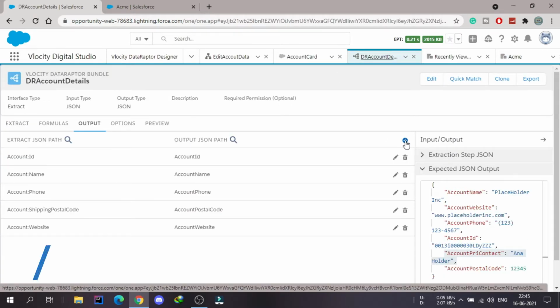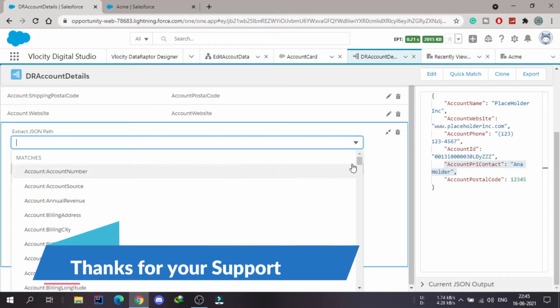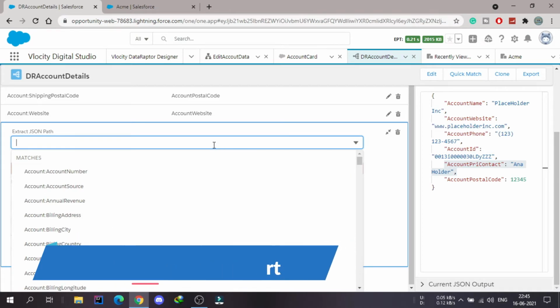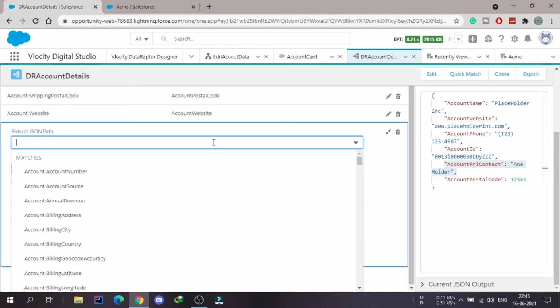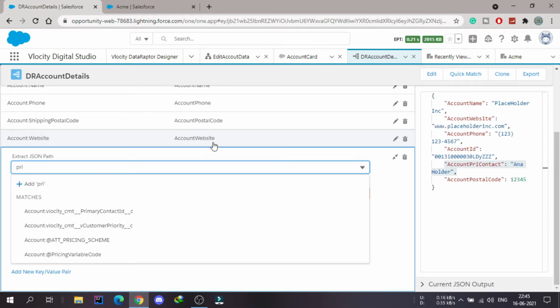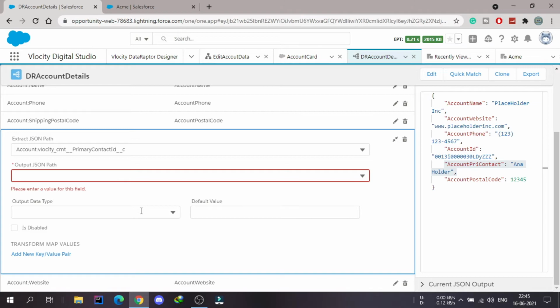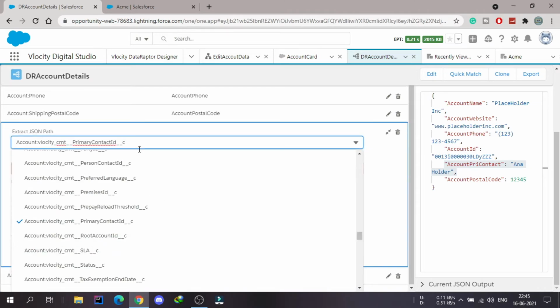We can click on this plus icon and we need to do it manually. So inside this JSON path I need to use the primary contact. So this is the primary contact, account velocity CMT primary contact ID. So I need to select this and we need to manually write it.